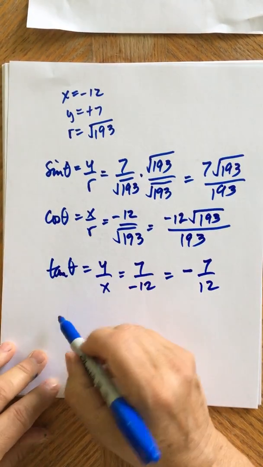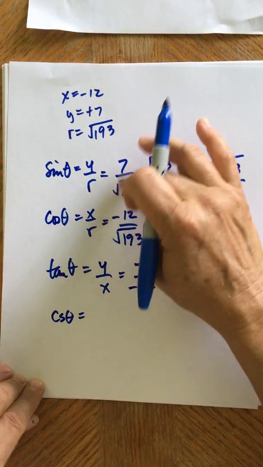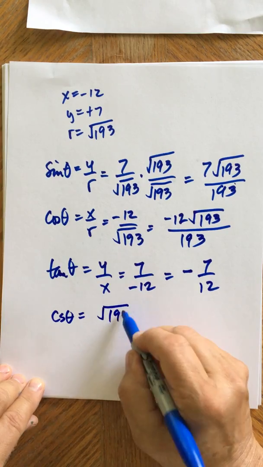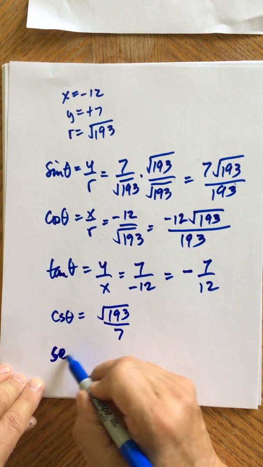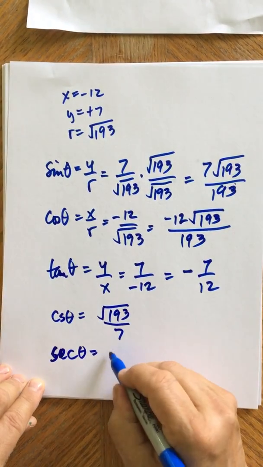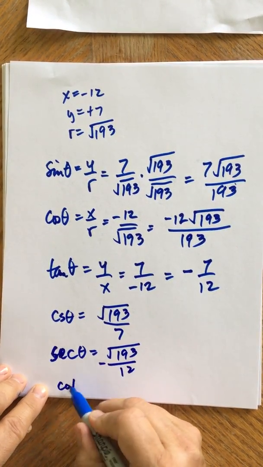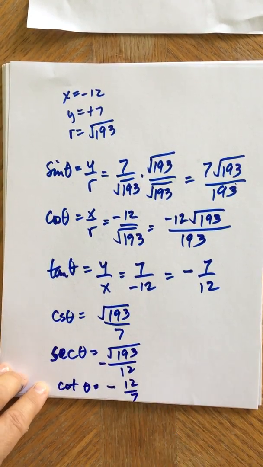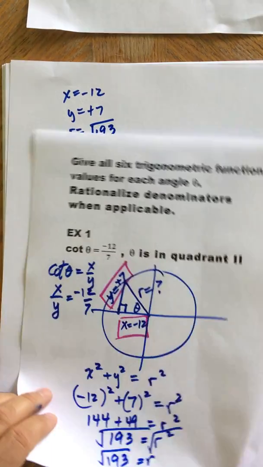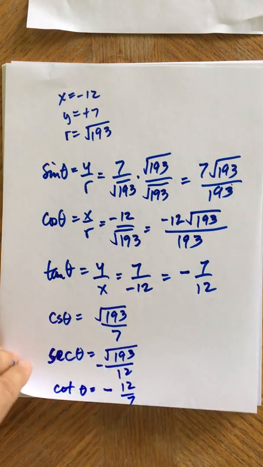And then of course the reciprocals, so you have cosecant of theta, I'll just take that reciprocal there, 193 over 7. Secant theta, we'll flip that, square root 193 over 12, and make that negative. And finally, cotangent is negative 12 over 7, which is what we started with. All right, so there's an example where you had to use your quadrant information. And the last example we're going to go through is